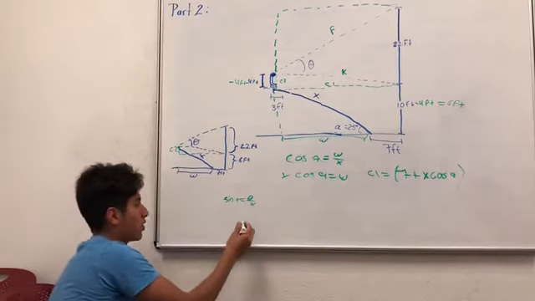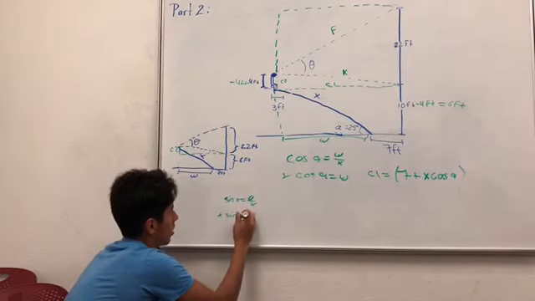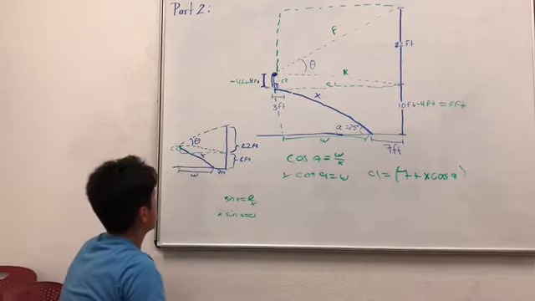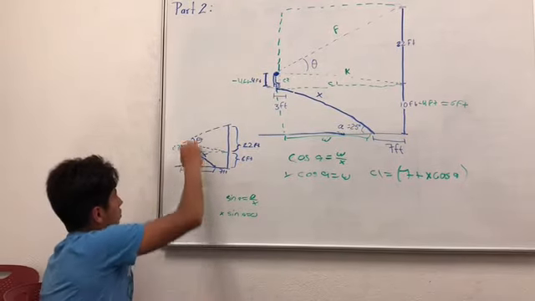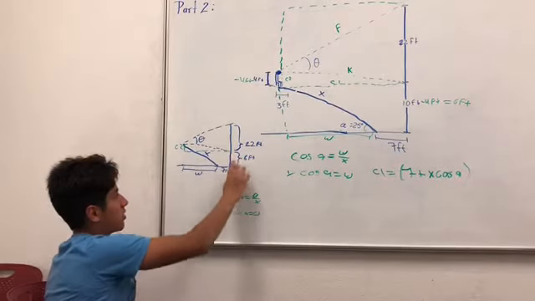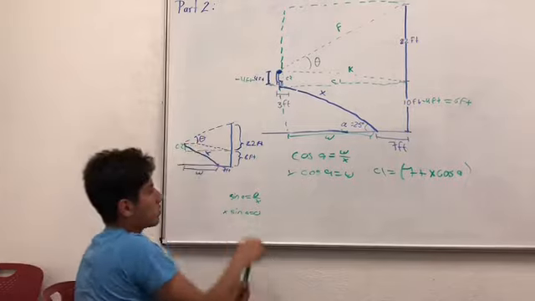Opposite over hypotenuse. If we isolate O, we get x sine of A equals the opposite, that is this side. And to get this part, we have to subtract 6 units, that is the length of this. So we get that C2,